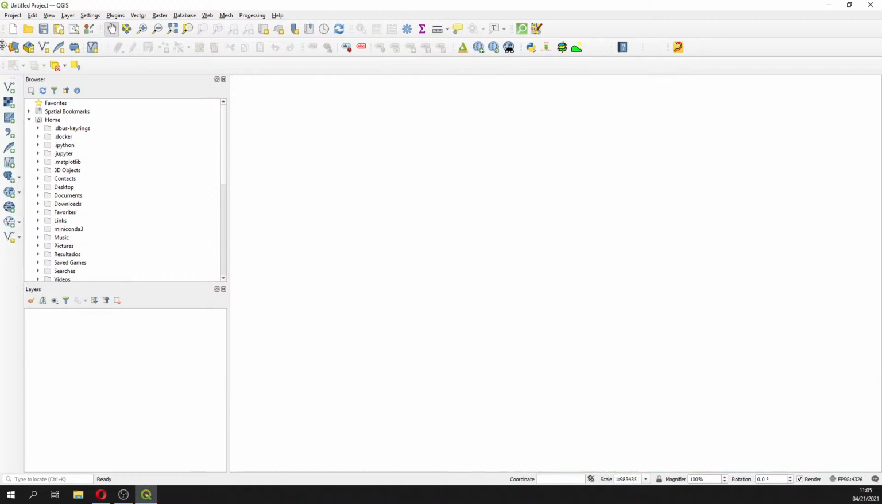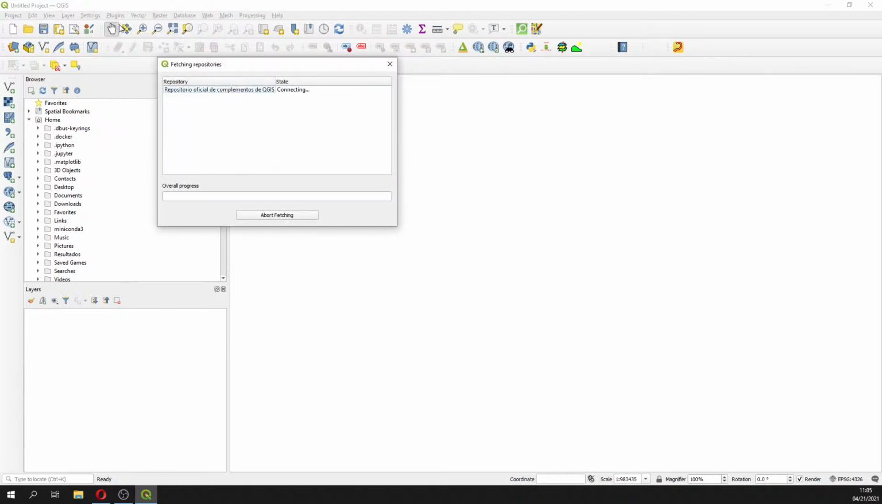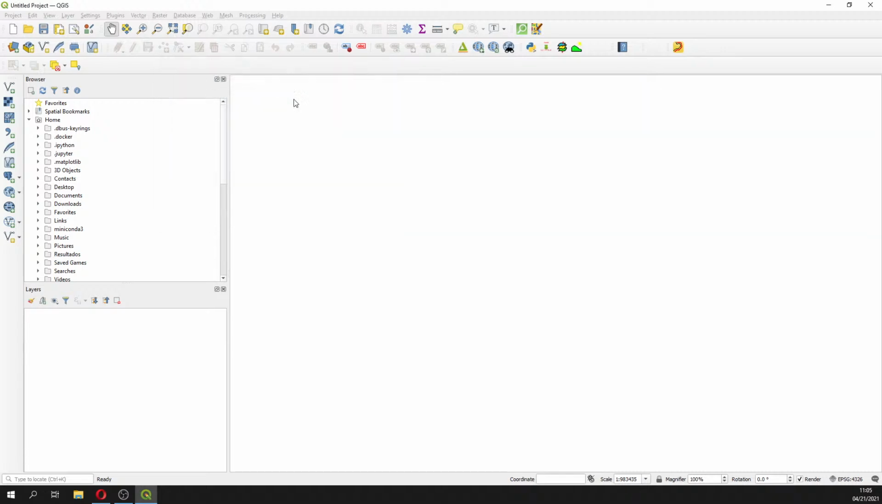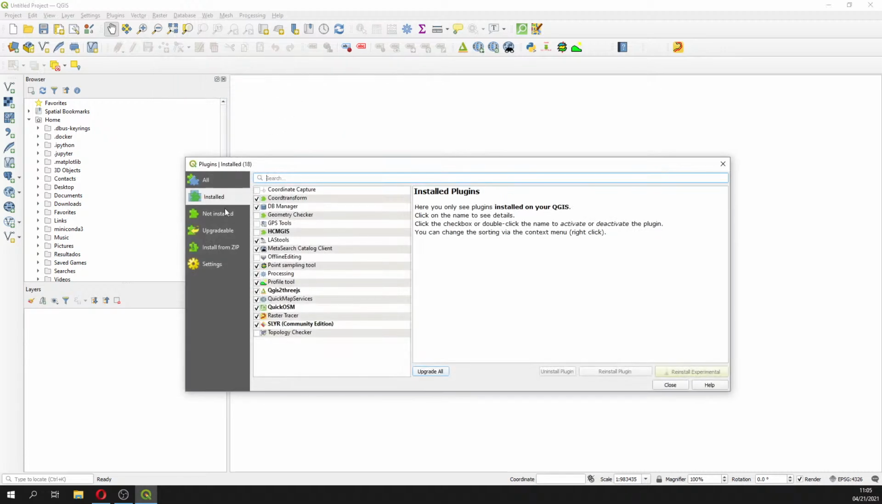So let's do a new project, and georeferencer is here, under Raster. However, sometimes it could be that georeferencer is not there. That happens sometimes. And why do you have that? It's because sometimes you don't have